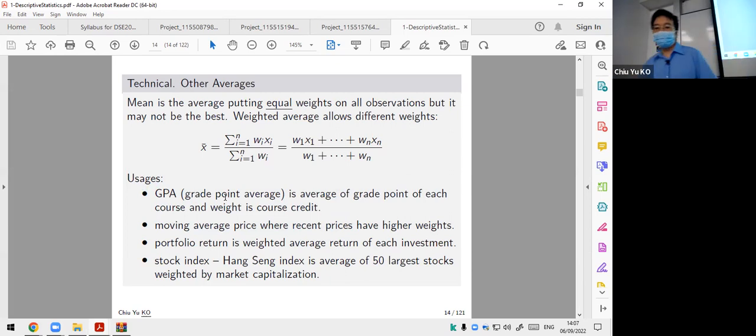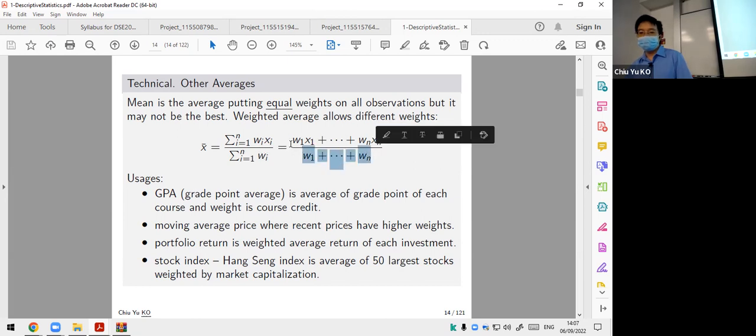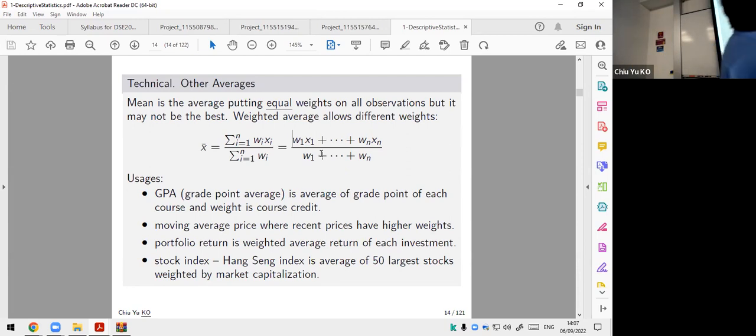Just like the standard average, where every weight is 1, so the sum is divided by n. But now you multiply each observation by its weight and add them together. This is how you calculate GPA, and I hope everyone knows how to calculate it, so this formula should be familiar. I'm not going to explain in detail what's going on, and the interpretation will be the same. It will be the weighted distance, just the center of the weighted distance.